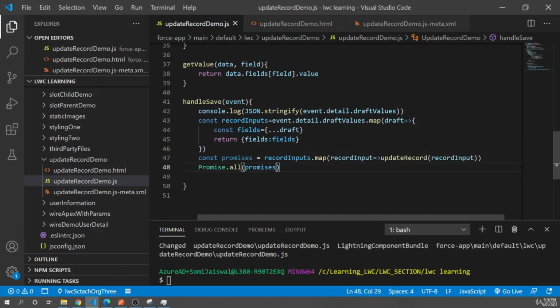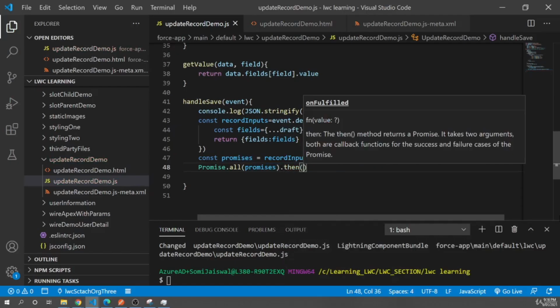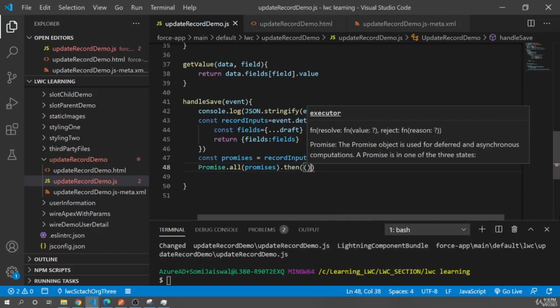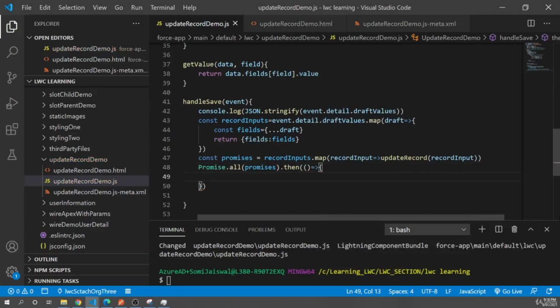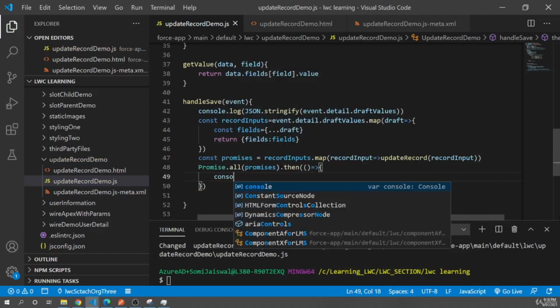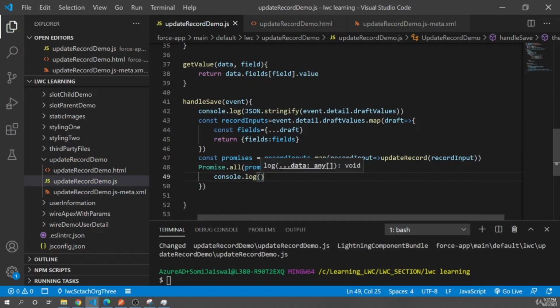Okay, so we'll pass the promises and when all promises are completed, we can print in the console: console.log, contact updated successfully,